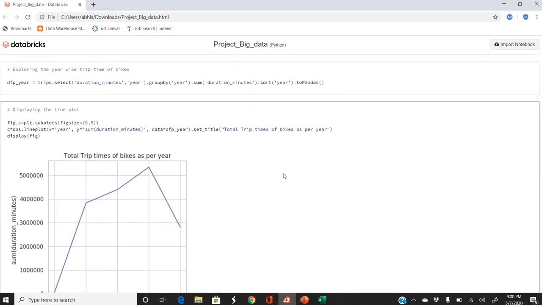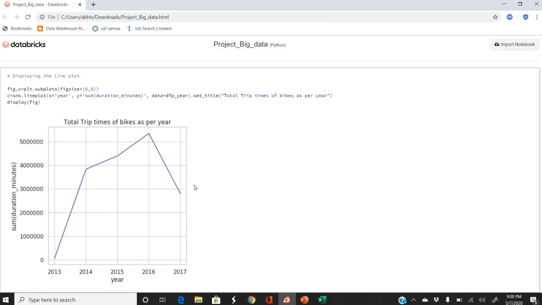The next visualization shows the trip times per year. We have the data from 2013 to 2017, and from this we can say that the company just started in 2013, looking at the total trip time of 2013, which is around hundreds.